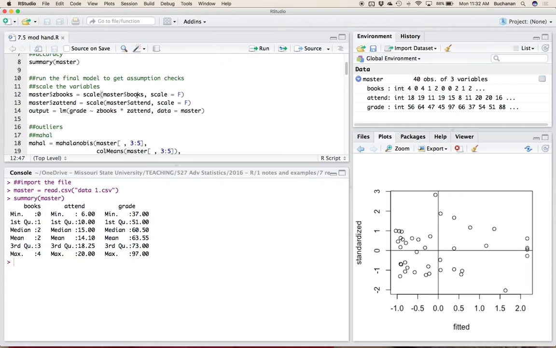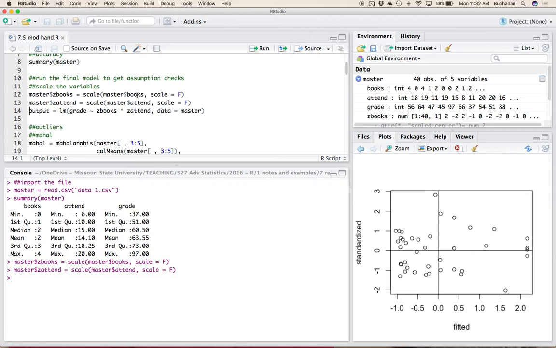If I say scale equals false, it will just create us mean centered. That means it'll take the average score and subtract the average from each person's score. So if you have a 0 now, that means you're an average number of books read or an average attendance. So I'm going to create those two here at the beginning, because what that does is it allows me